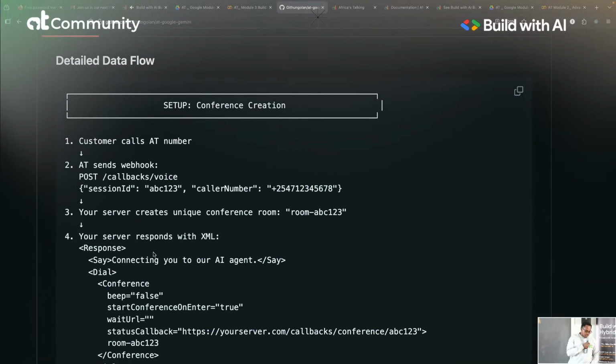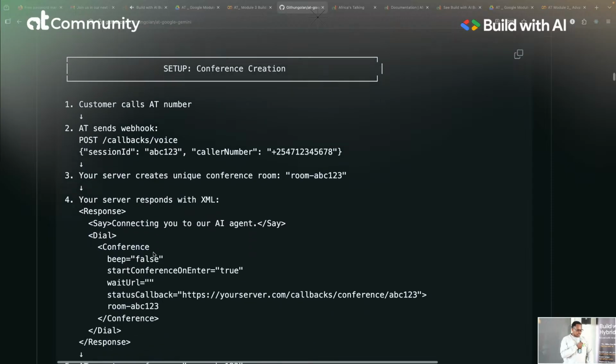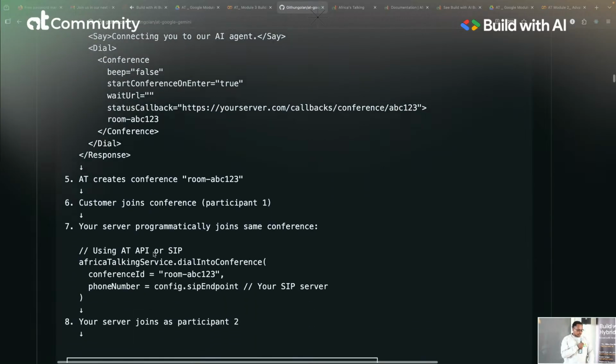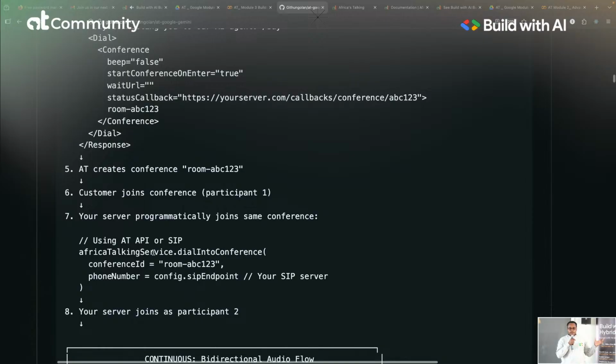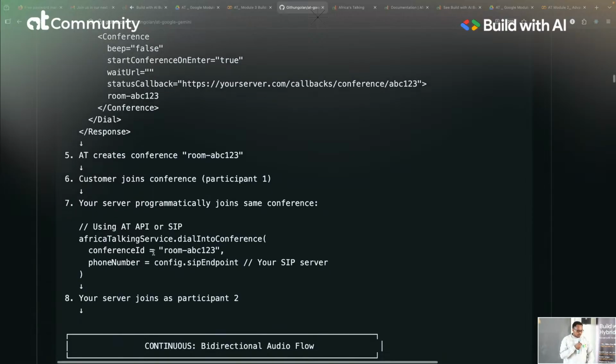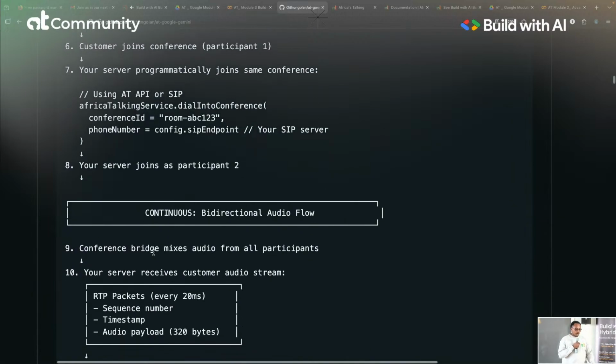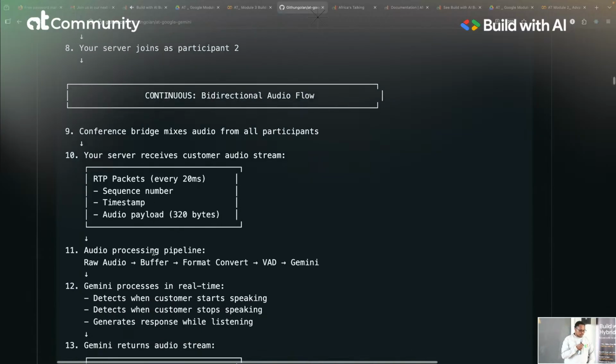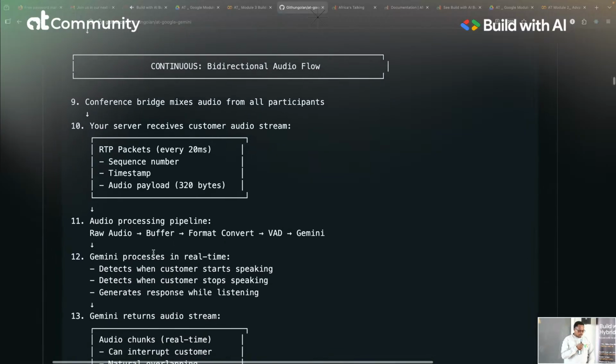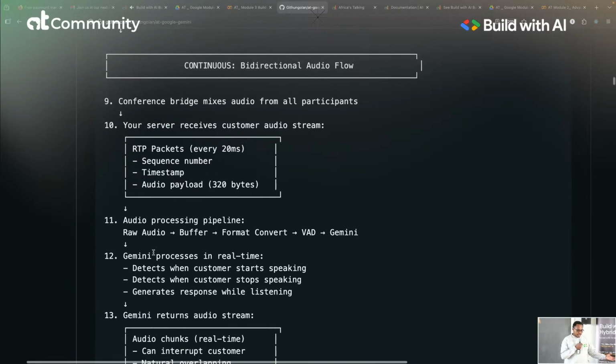Okay, so we'll join the call conference, and then we'll create a room. The room is whereby people will join. The customer now will join the room as a participant. Then your server will programmatically join the same room, and then this will enable that bi-directional communication audio flow